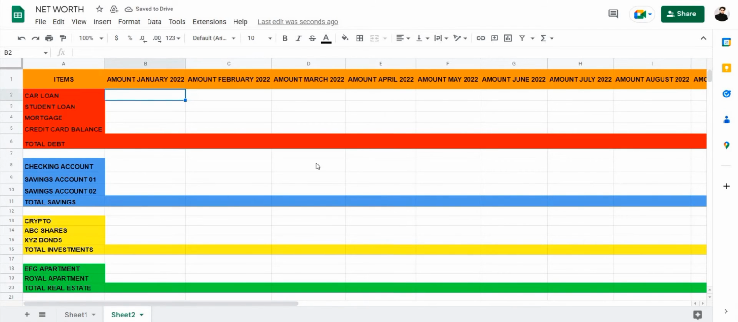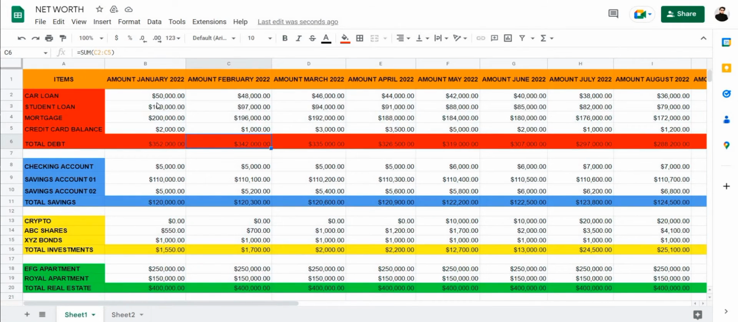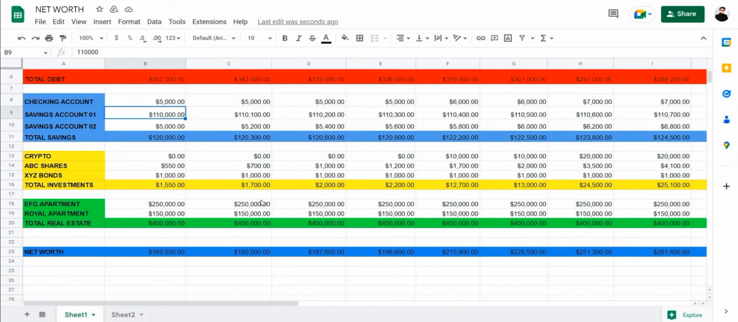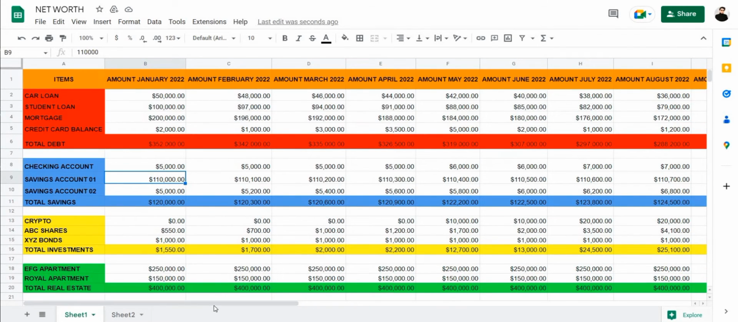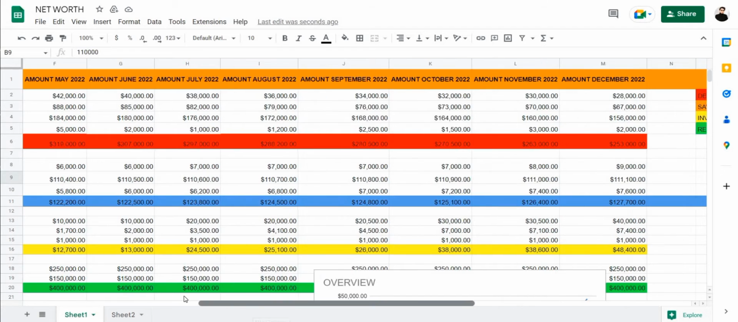First of all, this sheet is going to need some values. I'm going to copy and paste a random value set, which I already have here. So here it is. This is a random value set for each row. So these are the car loans that I've added. These are the student loans, the mortgages, the credit card balances, then the checking account balance, and all of these rows have been filled by me. You can fill these rows with your own information. They've been filled all the way up to December,